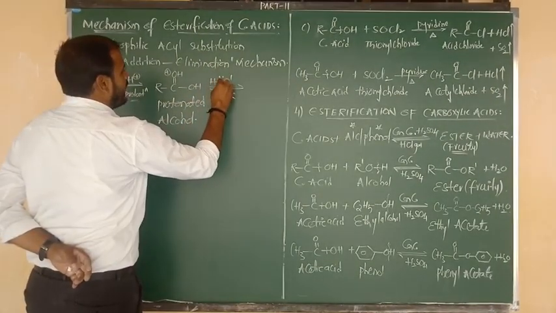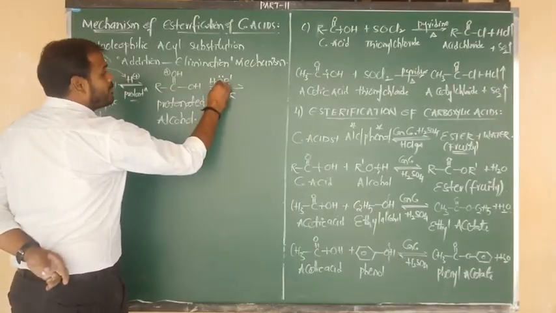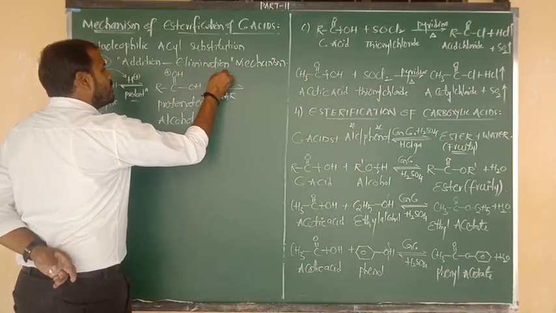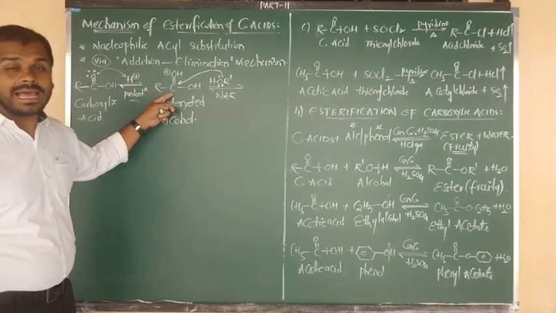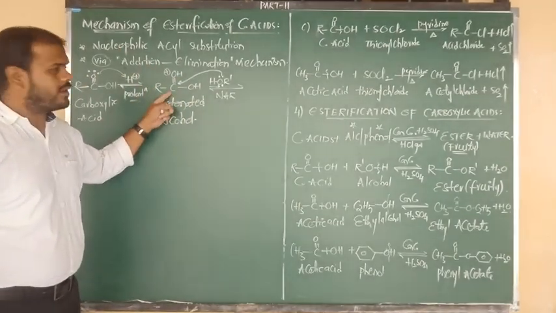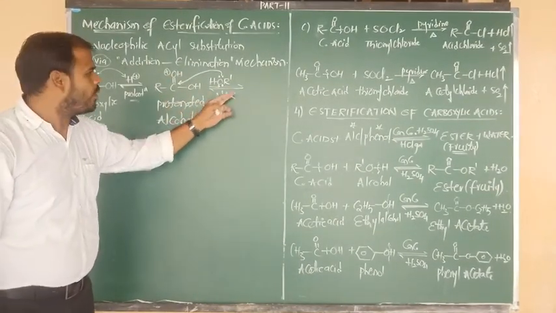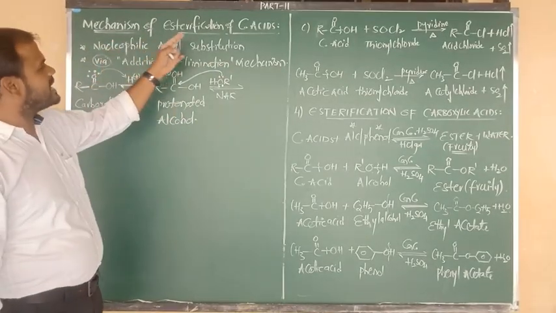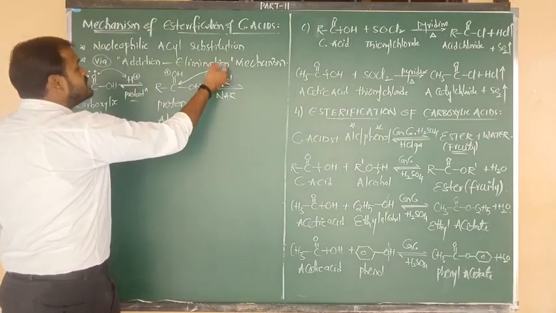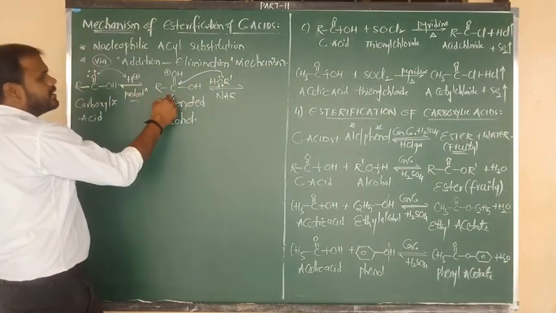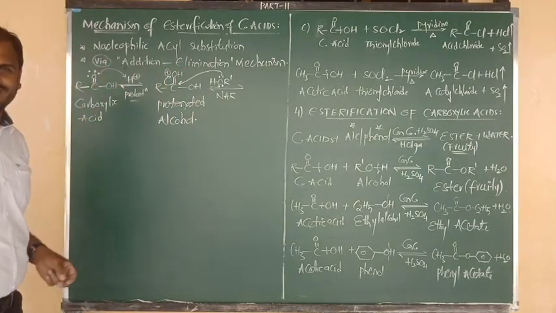Again listen carefully. Here oxygen contains 2 lone pairs. Now by using one of the lone pairs, it is given to the central carbon. Actually this carbon is the acyl carbon. Upon the acyl carbon, the nucleophile undergoes addition. This is called nucleophilic acyl substitution. Good. So by the donation of one lone pair from the alcohol to the central carbon, this pi bond is delocalized towards the oxygen.